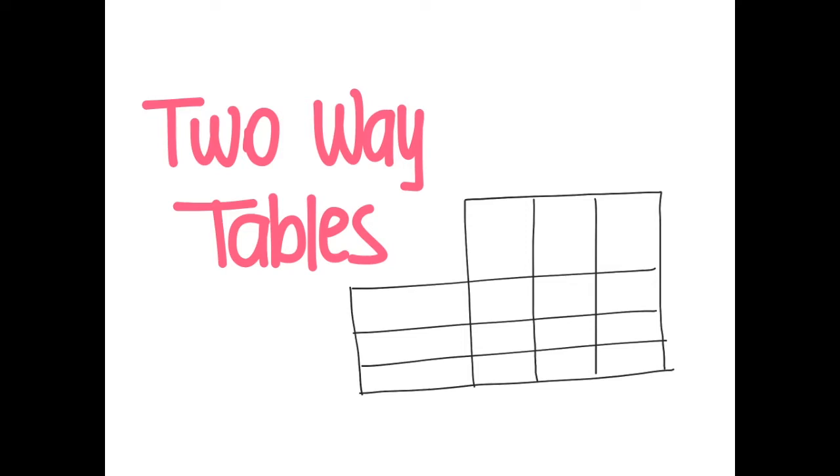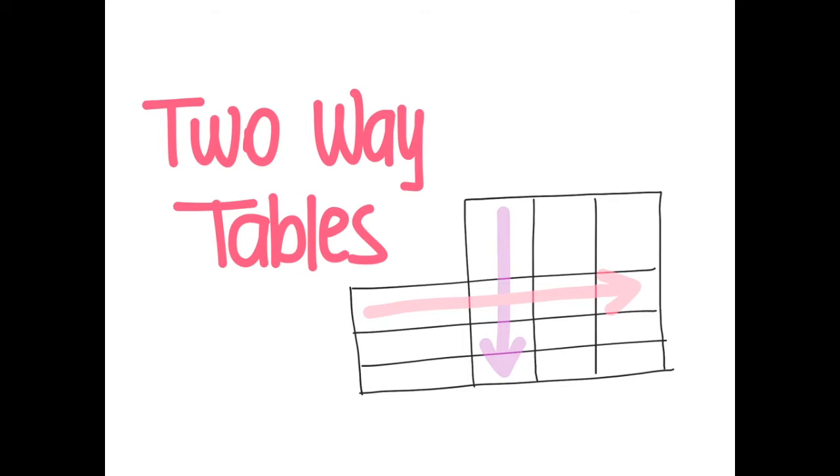For two-way tables, like the name suggests, you need to read the table from two different ways. So reading vertically, so going down this way, and also reading horizontally. Just like Venn diagrams, two-way tables have two sets. Constructing two-way tables can be a bit like a puzzle, and you have to fill in the gaps based on